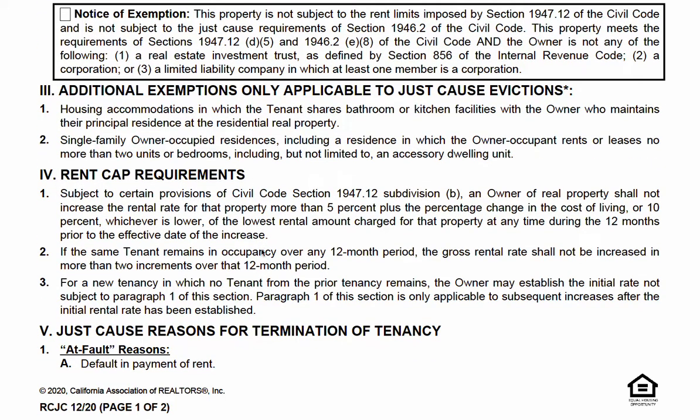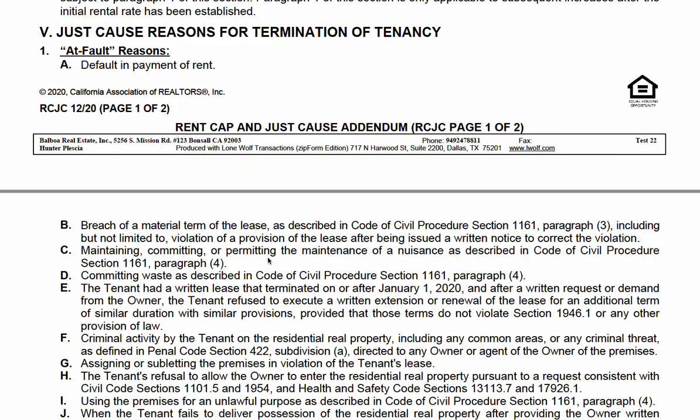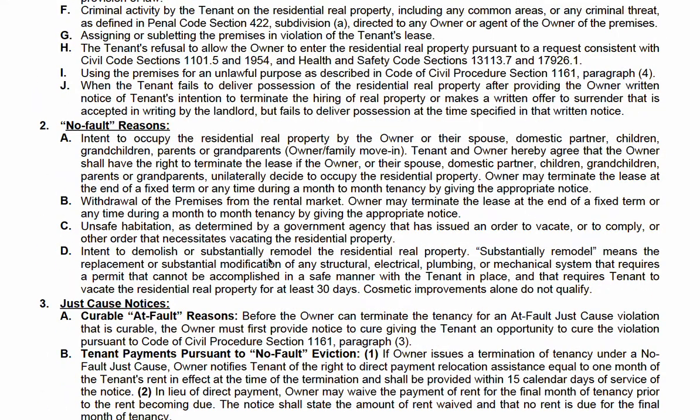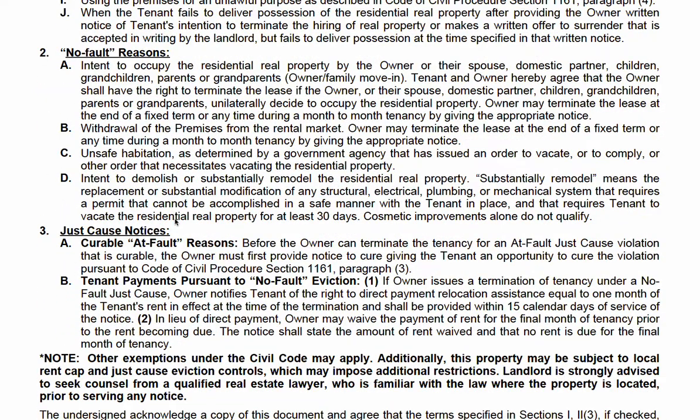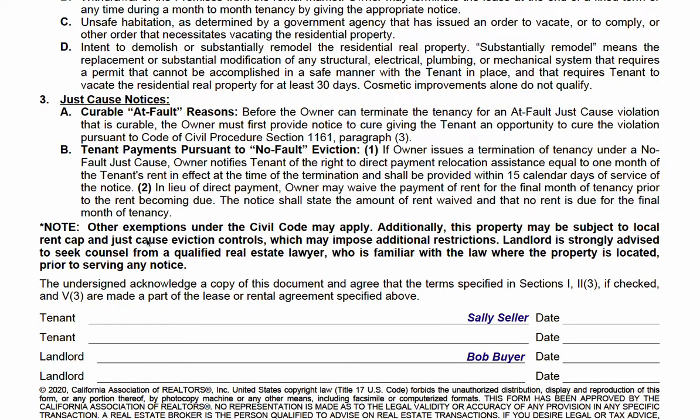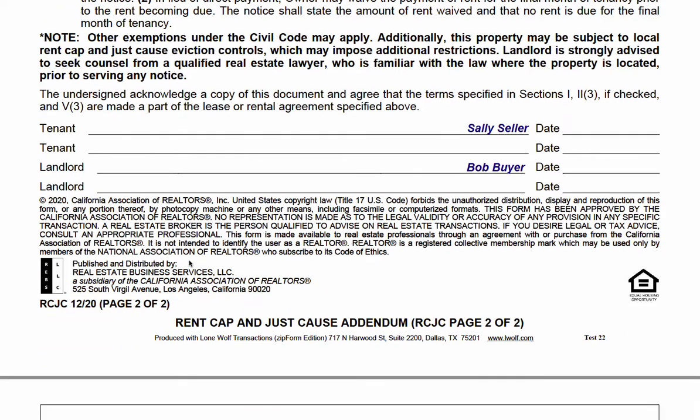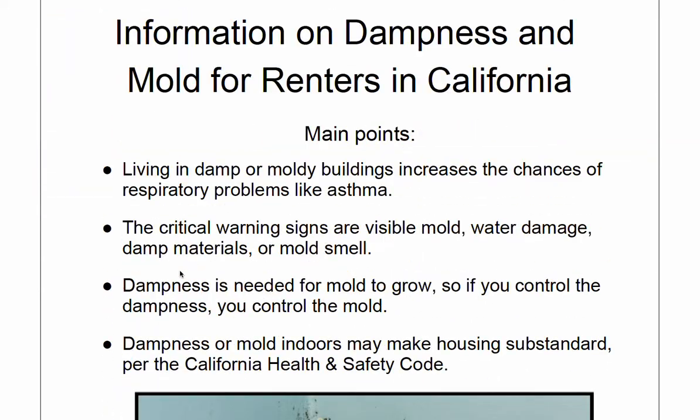So I would say no matter what, keep this form in there. It's good to let people know. I would say yes, this form is obligatory to keep with an RLAS, and then you have the mold